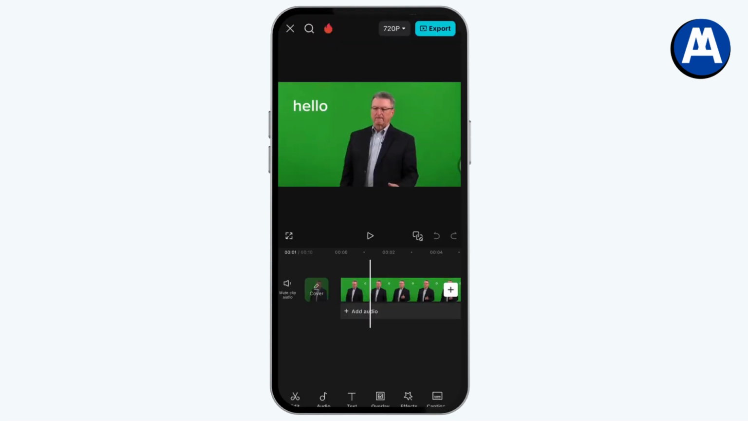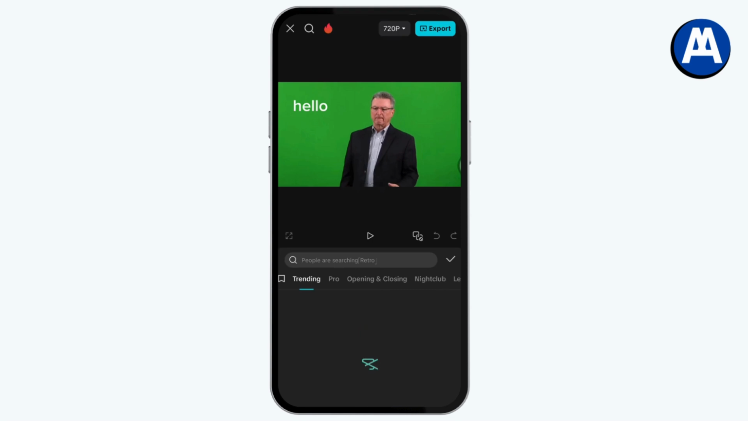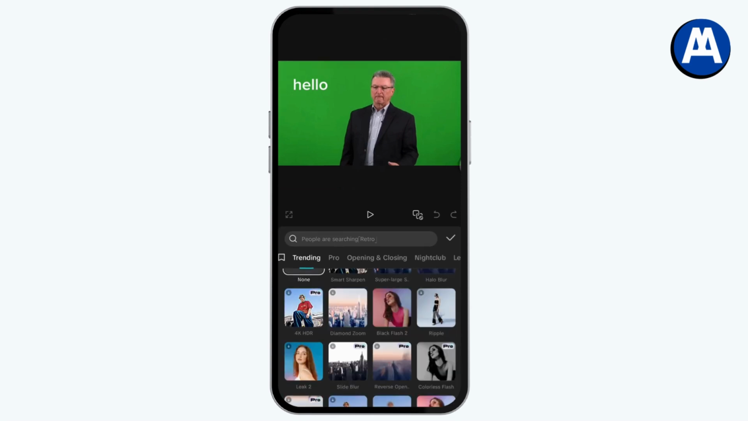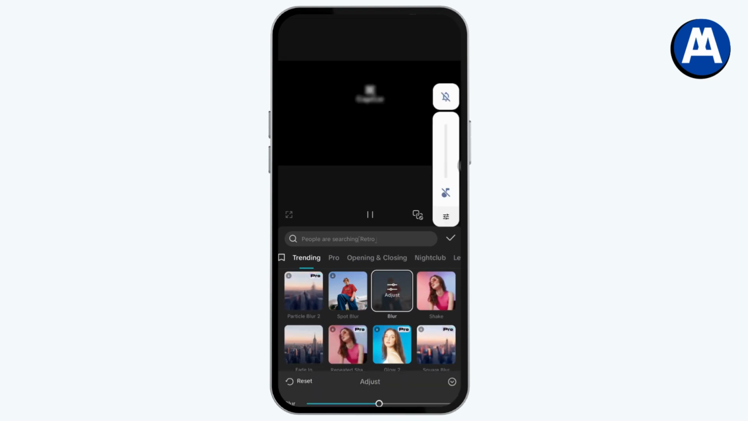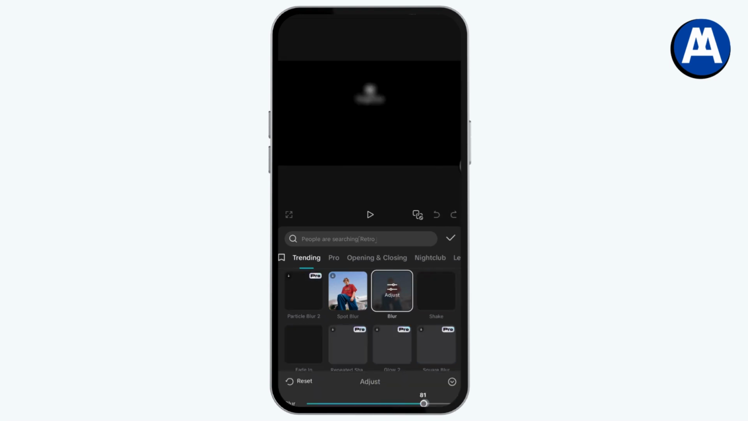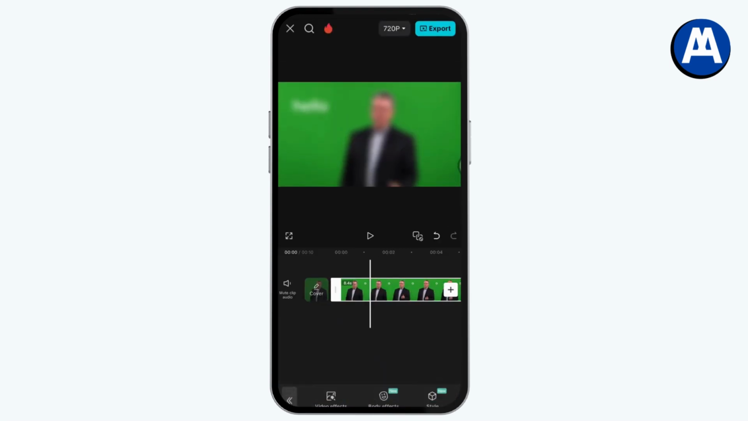Now if you want to remove the text that is right here, then what you need to do is first you need to select the first video and then go with the effects option, go with video effects, and here you need to search for blur effect. So scroll down and go with blur, tap on blur effect. You can simply adjust it. Once you've adjusted, you can go with tick,